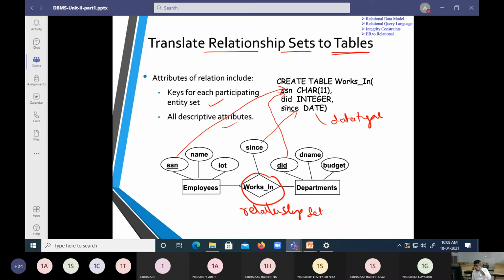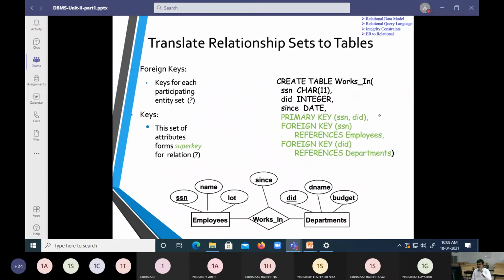But is this okay? No, because SSN is a primary key here, DID is a primary key here, and both should invoke the foreign key references. How are we going to make the foreign key references?